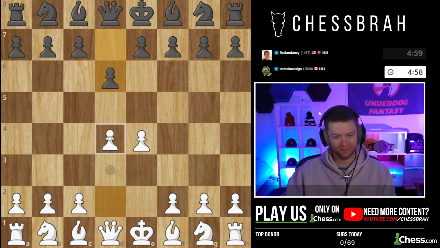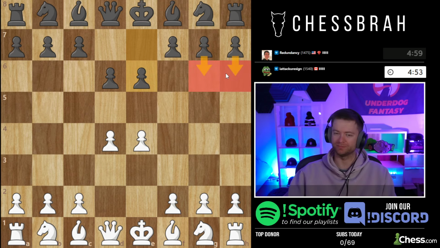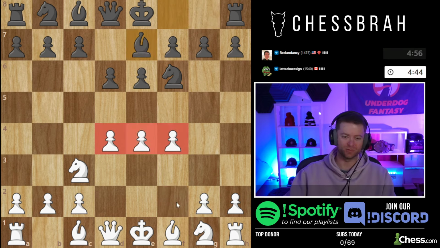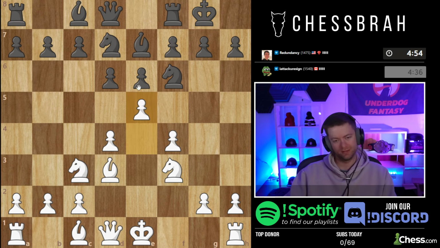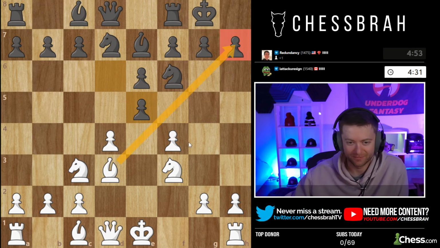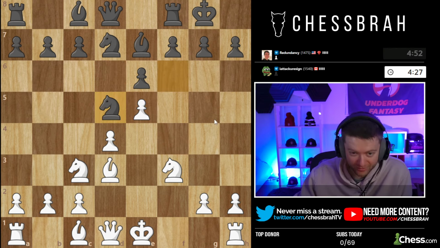All right. Okay, we'll take the center when we see that. Now I wonder if we're gonna see like the hippo here. If I do this, he goes knight f6. Okay, I'm gonna gain a little bit more space. Let's go e5 because that's always a nice attacking situation. Take with the f pawn,